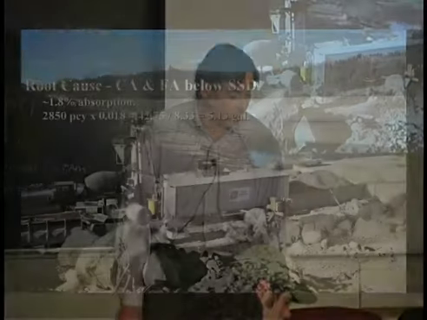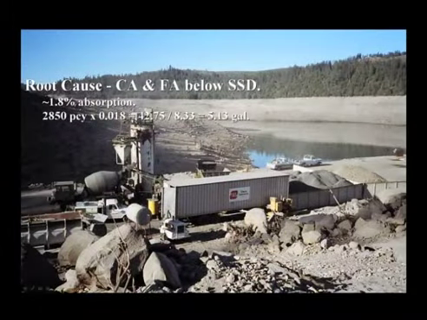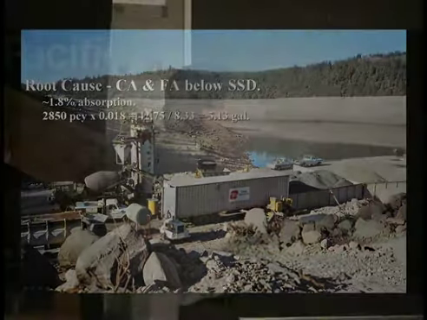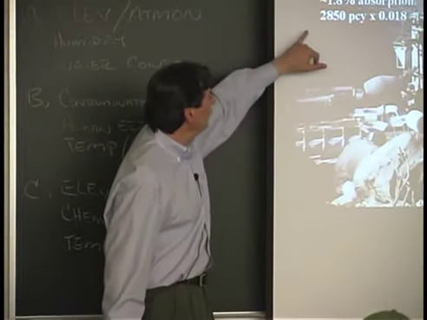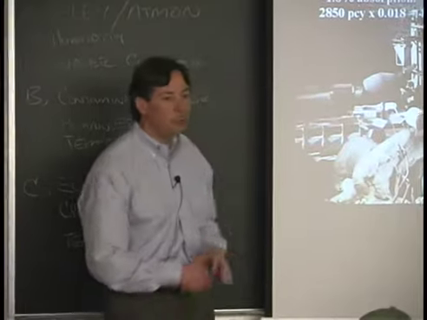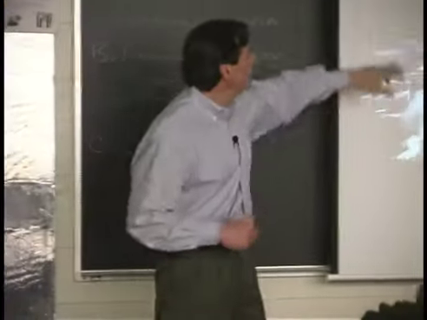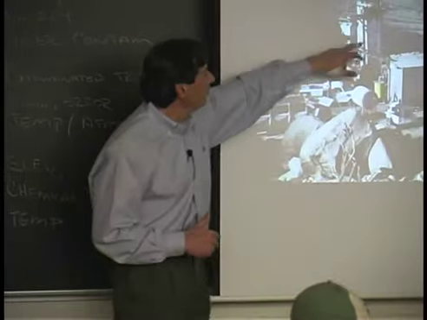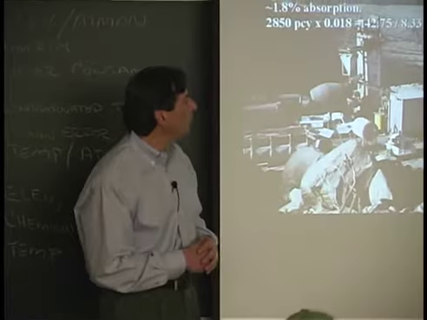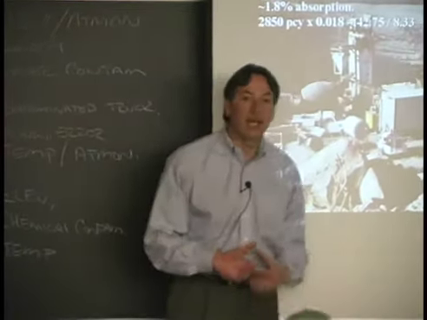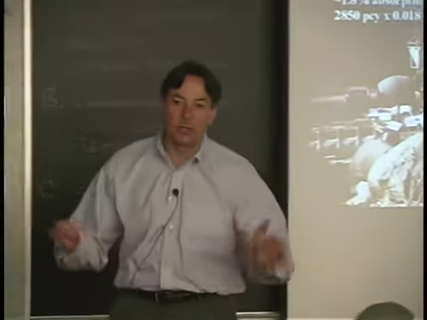And that was actually the root cause. The coarse aggregate and the fine aggregate, the coarse aggregate had about a 1.8% absorption. On both, we figured the ash was there also, or the sand was there also, the fine aggregate. Combined, those materials were 2,800 pounds worth of material, and 1.8% absorption told us we were lacking roughly 42 pounds of water, which is roughly 8.3 gallons of water,